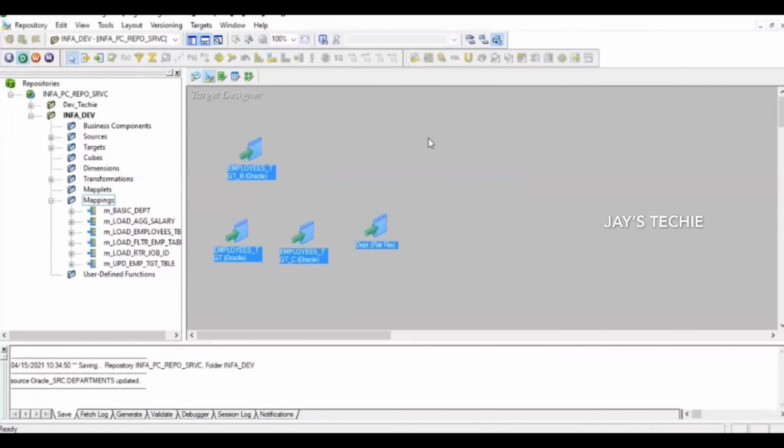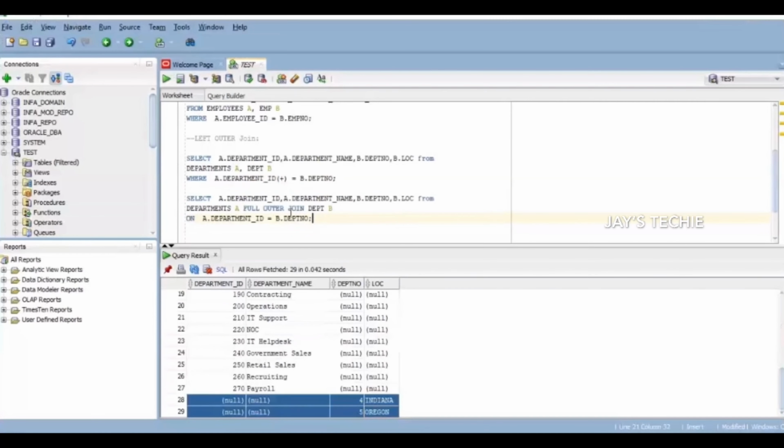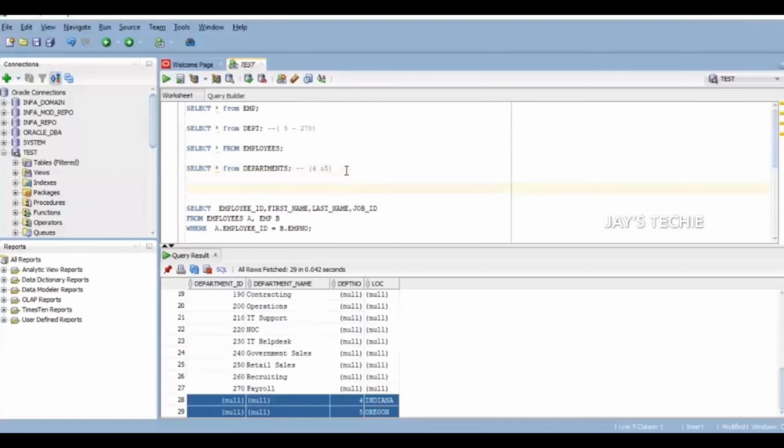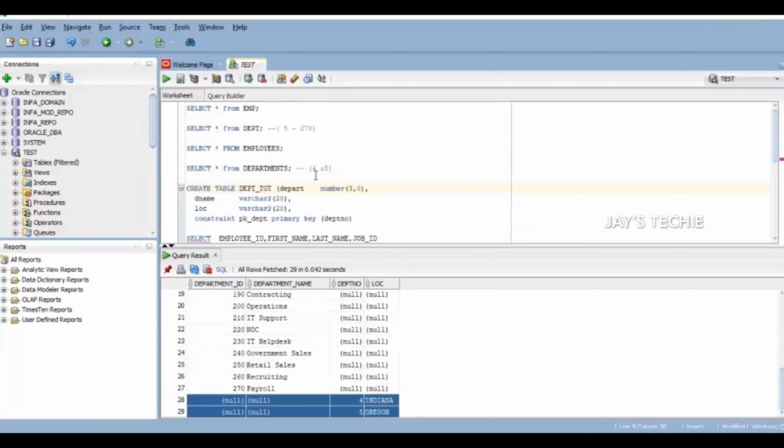Let's move on to the SQL developer. So we need the tables with these columns. Let me add a create table syntax: create table dpt_tgt, the target. So I'm creating the table name. The table column information is department_id, which is number of 3, and then department name, so I mention it as dpt_name. Then location, and let's have the other column as well.